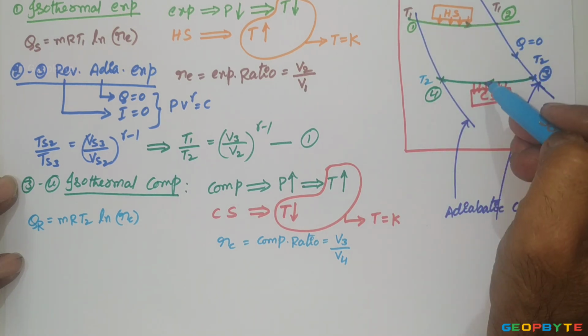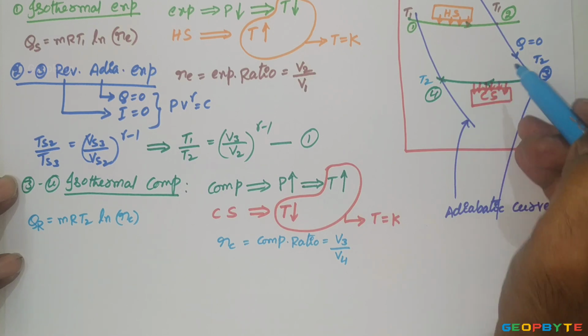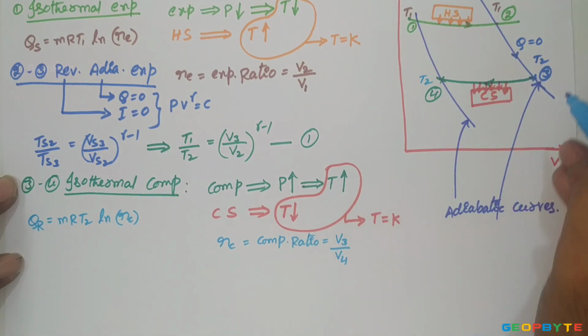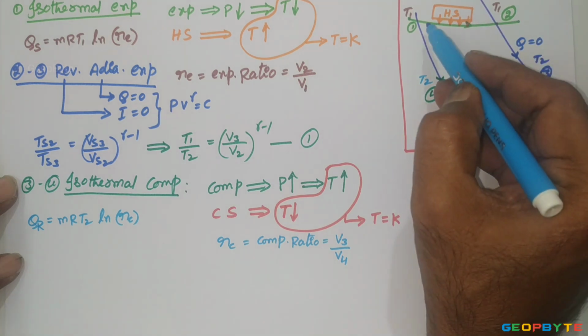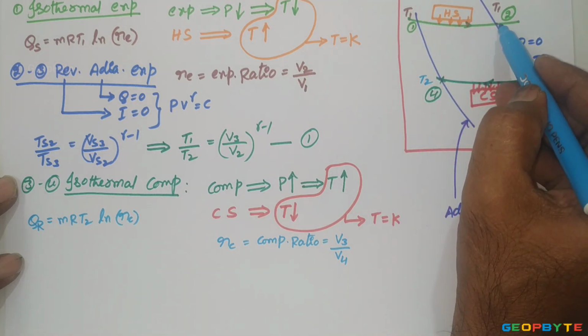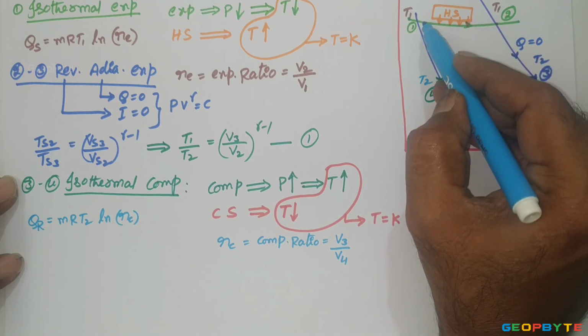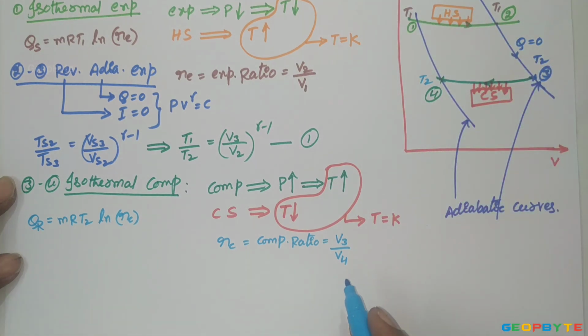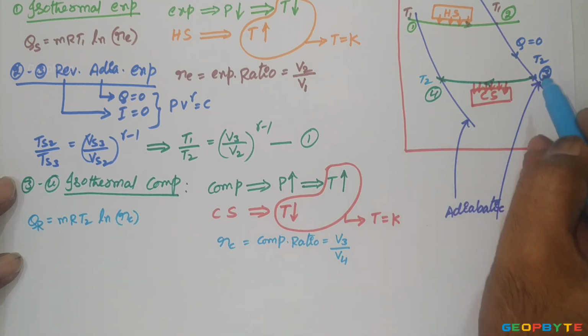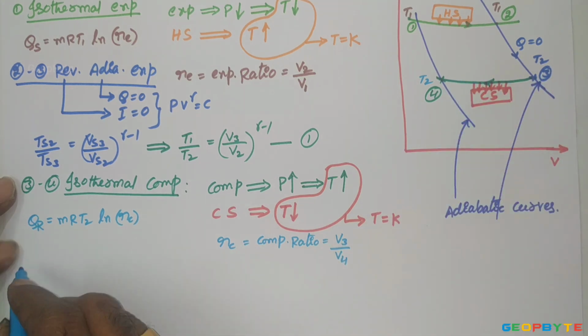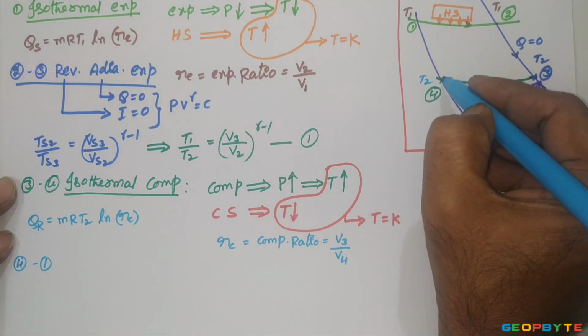These two should always be written greater than 1. That's why compression ratio equals volume before compression by volume after compression, whereas expansion ratio is volume after expansion by volume before expansion. Anyhow, this is the amount of heat rejection during the 3 to 4 process, followed by the last process 4 to 1,